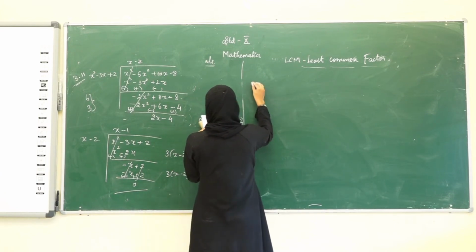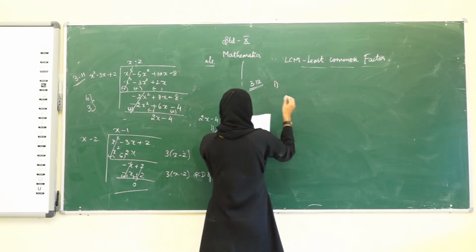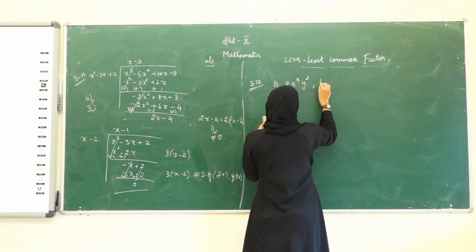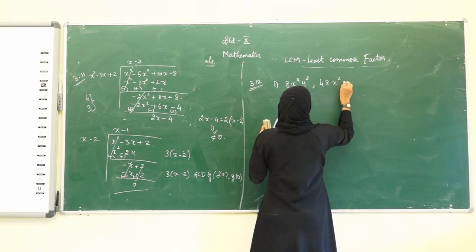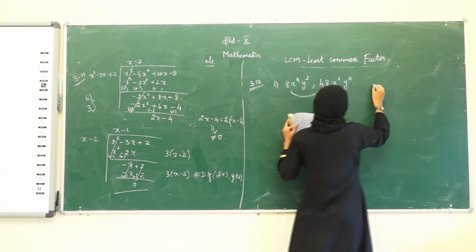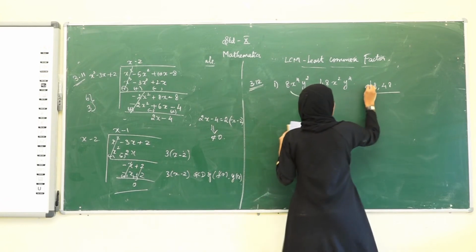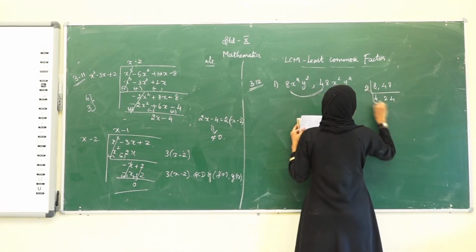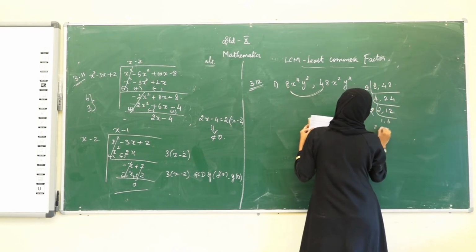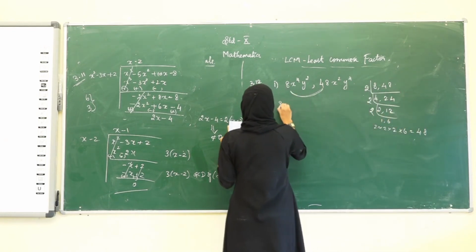So, for example, in 3.12 they have given 4 subdivisions. In the first subdivision, find the LCM of 8 x power 4 y square and 48 x square y power 4. First we consider the coefficients alone, that is 8 comma 48. Normally, for integers we take the LCM like this: 2, 4, 24; again 2, 1, 12; again 2, 1, 6. That is 2 into 2 into 2 into 6, which gives 48. So the LCM of 8 comma 48 is